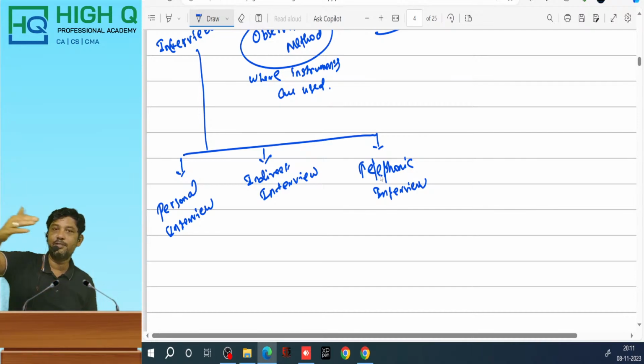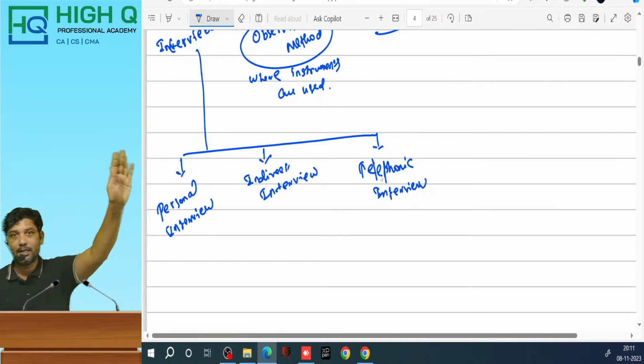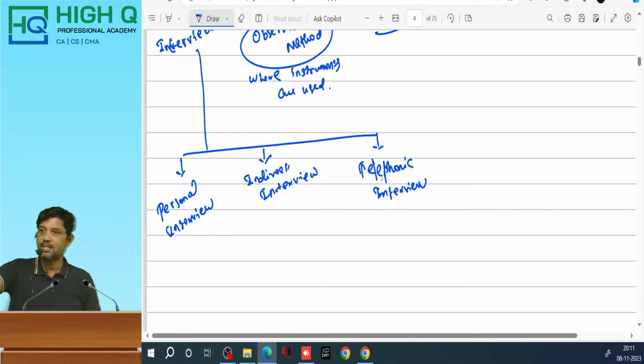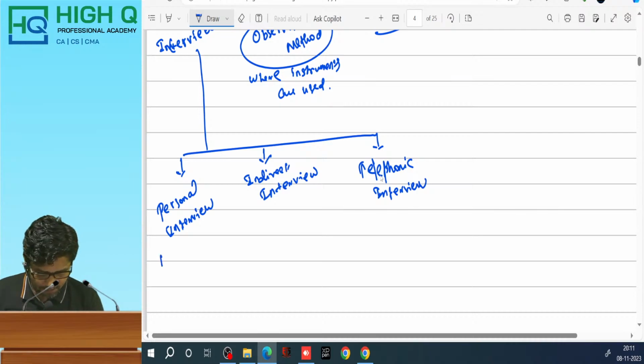The government officials go and check how much was lost, and accordingly the data is collected. That data is given to the government, and from that data the government decides, okay, they said 500 crores, more than 500 crores lost, so we will give compensation. It is based on that study that it happens, my dear. So that is the personal interview method, used during natural calamities,